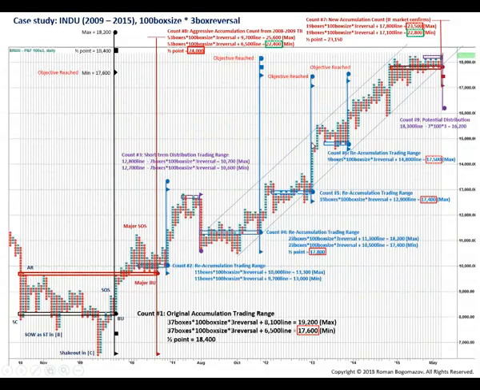So now we have our points to take the count from, and we can see there that it's 23 boxes times 100 times 3, and darn if that doesn't match the midpoint of the accumulation range count that we had